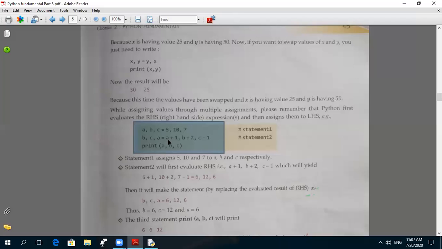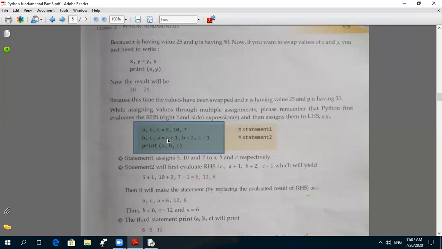What is the value of a in the previous line? 5, 5 plus 1 is 6, 6 will be stored in variable b, but in the same line we use the old value. Value of b is 10, 10 plus 2 is 12, 12 will be stored in variable c. What is the value of c? 7, 7 minus 1 is 6.